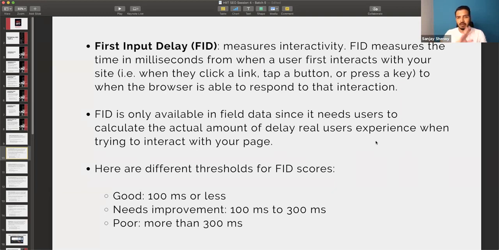So FID measures interactivity, and here are the different thresholds. Like all metrics, it has its own thresholds. Good is 100 milliseconds or less, needs improvement is 100 to 300 milliseconds, and poor is more than 300 milliseconds, right? So you have loading performance, which is LCP, and FID is interactivity. Does that make sense? Just type in FID in the chat box if that makes sense, and we'll move on